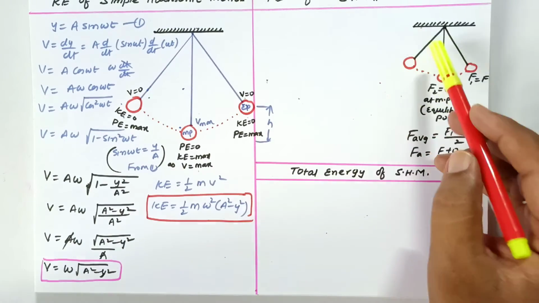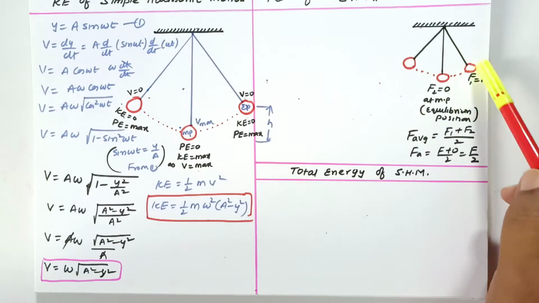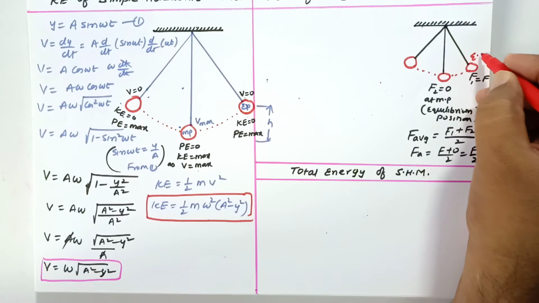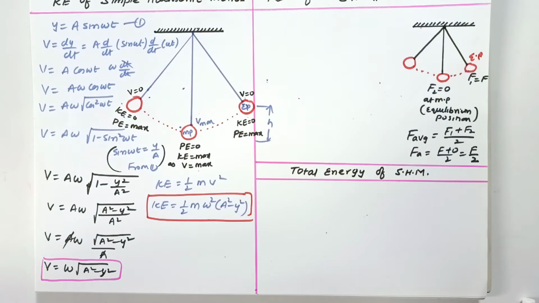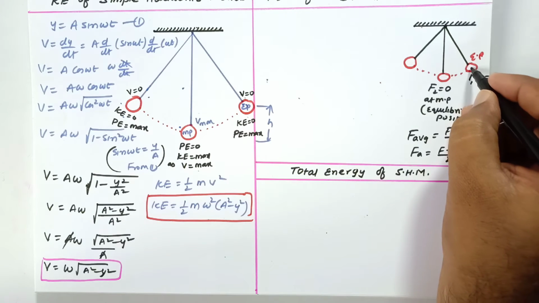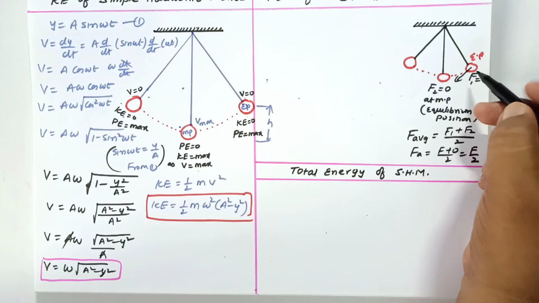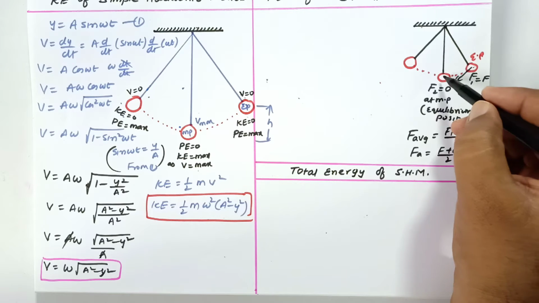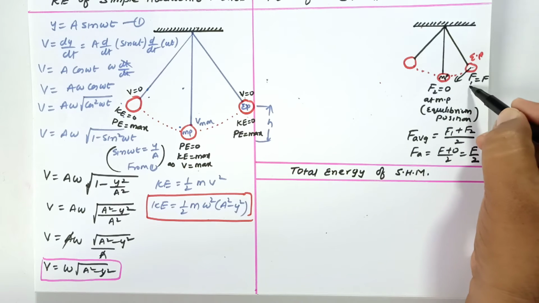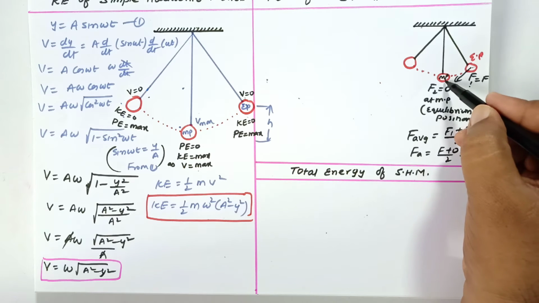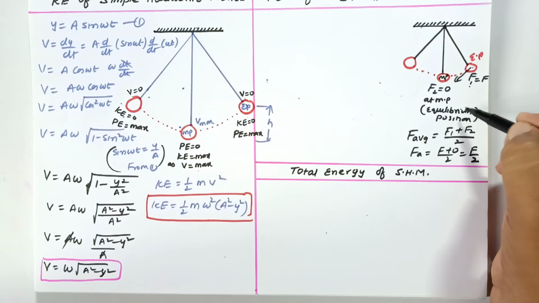What are we going to discuss in potential energy? In this potential energy, at the extreme position, there is a restoring force, and that restoring force is going to be maximum here. You know restoring force is acting in the direction of the mean position, which brings back the pendulum from extreme position to mean position. Here force is going to be F1, which is taken as F here. At the mean position, which is also called the equilibrium position, net force acting is going to be 0 here.